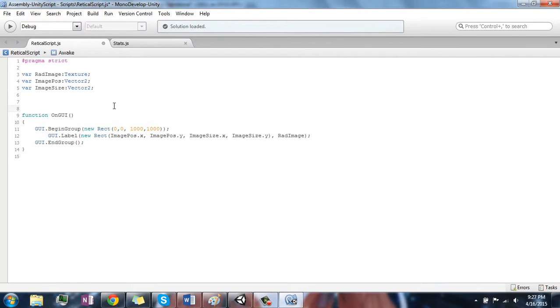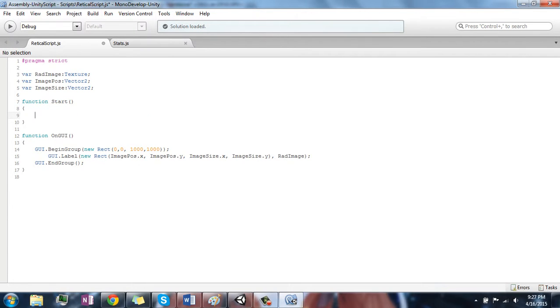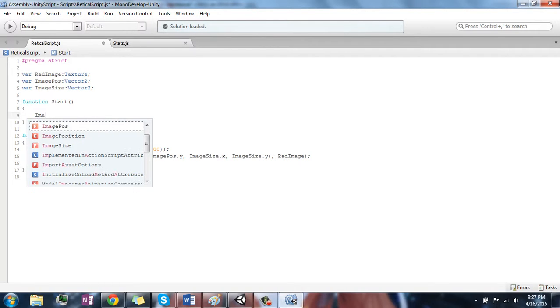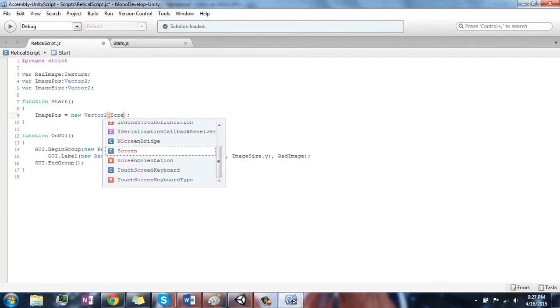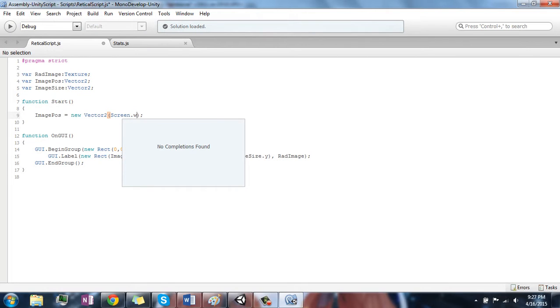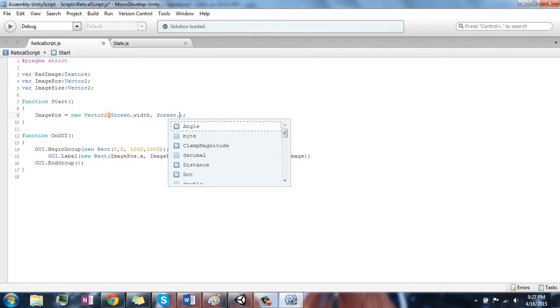No, don't set it there. Set it in the start function, I guess. You could also do it in the awake function. Same thing as start. It just goes first. Do image dot position equals new Vector2, and we're going to save it as Screen dot width, if I could spell width right, and Screen dot height,